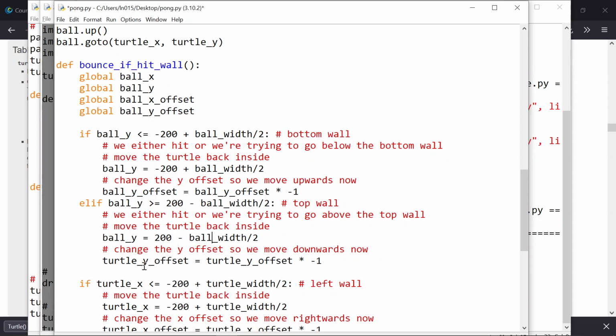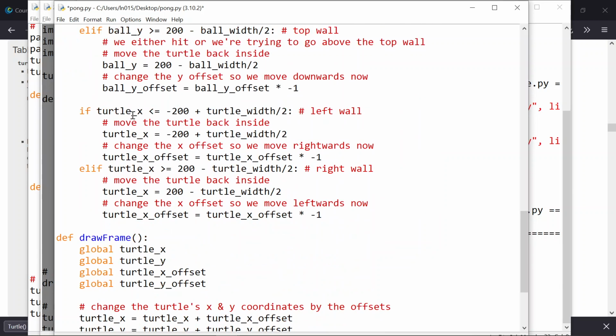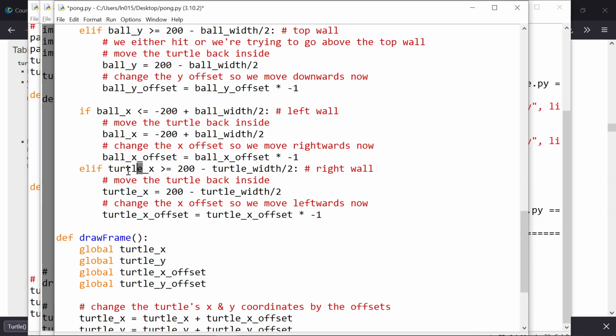But this is something that's easier to do in other programs. It's possible to just change a variable once and have it propagate that change to everybody, but we're going to do it manually just so you see the kind of thing that needs to happen here. All of these uses of these variables need to change because I have multiple turtles now, or I'm about to have multiple turtles. Ball X, ball width,